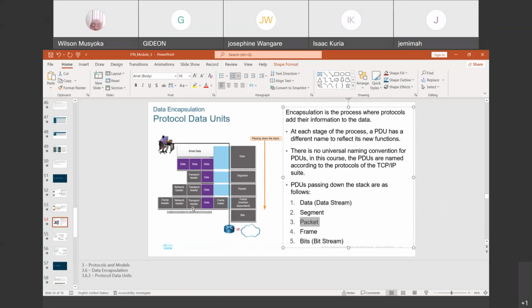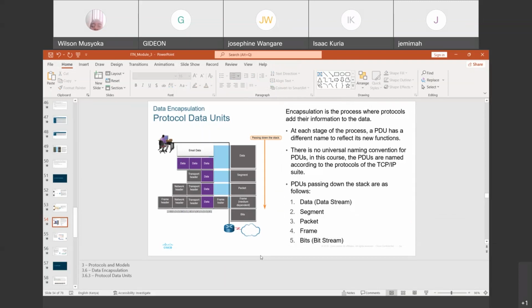The transport header is the TCP, then the data, and then we have a frame trailer, where we have said that the frame trailer is the frame check sequence, the FCS, which is supposed to check for errors when the data was being transmitted. So the frame check sequence is also attached as a trailer. And then at the physical layer is where we have the bits. So you break down the frame into bits, the ones and zeros, which now can be encoded.